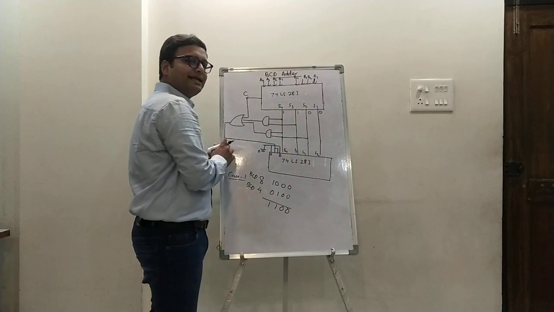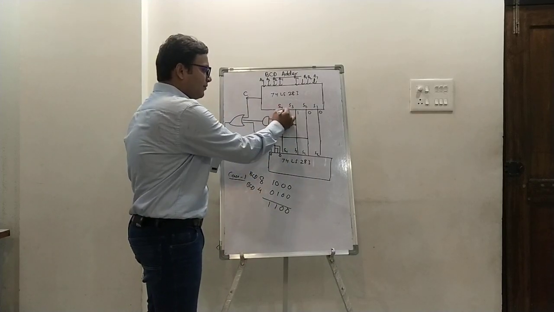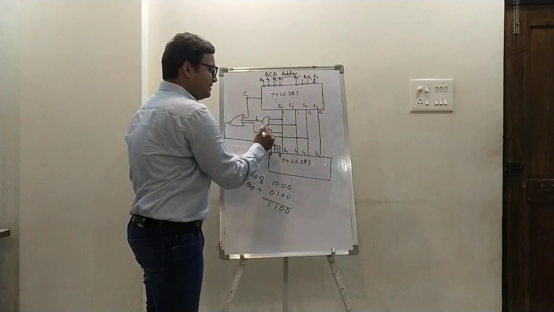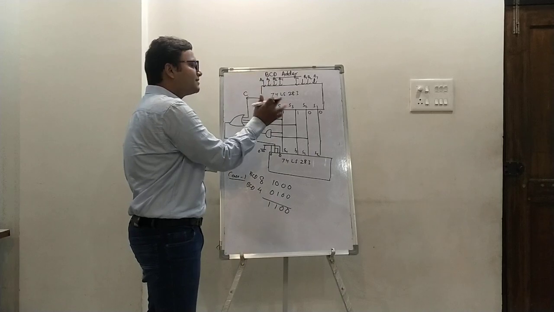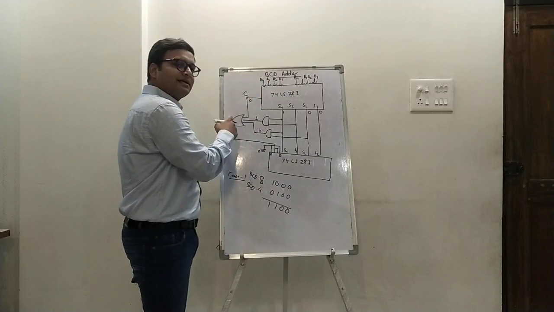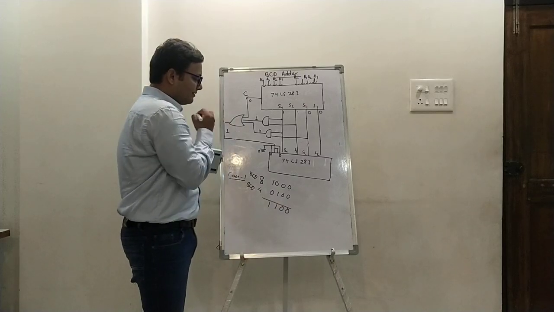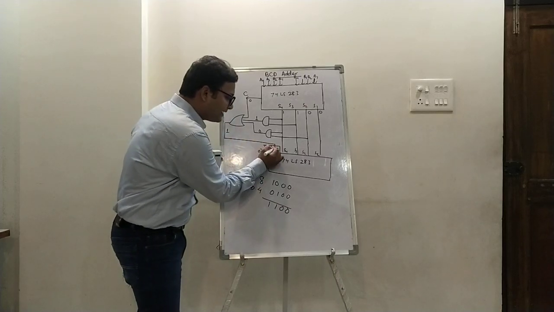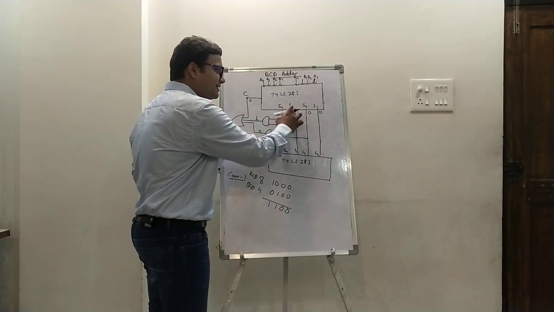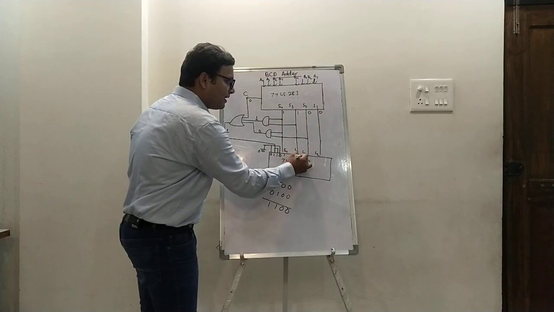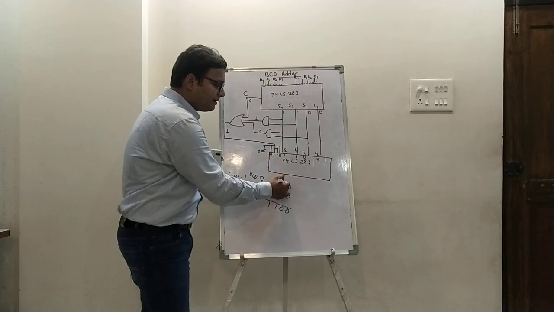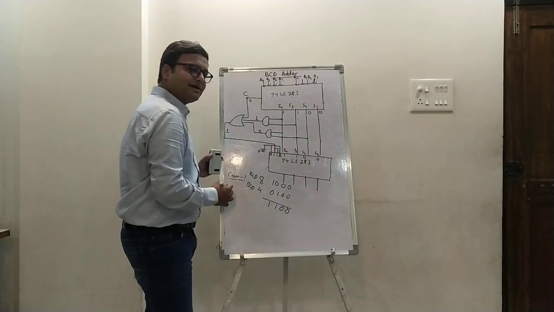Now see here, it is going to check. This is greater than 9. So see here how to know. 1 came here, so this is 1. Next 1 and 0, this is 0. And if carry is not there, let's say carry is 0. If any of the inputs is 1 for this OR gate, the output is 1. So now it's connected here; this is 1, this is 1. So obviously this is my invalid sum, 1 1 0 0, which is going to add with 0 1 1 0, and finally I will get the sum with carry.